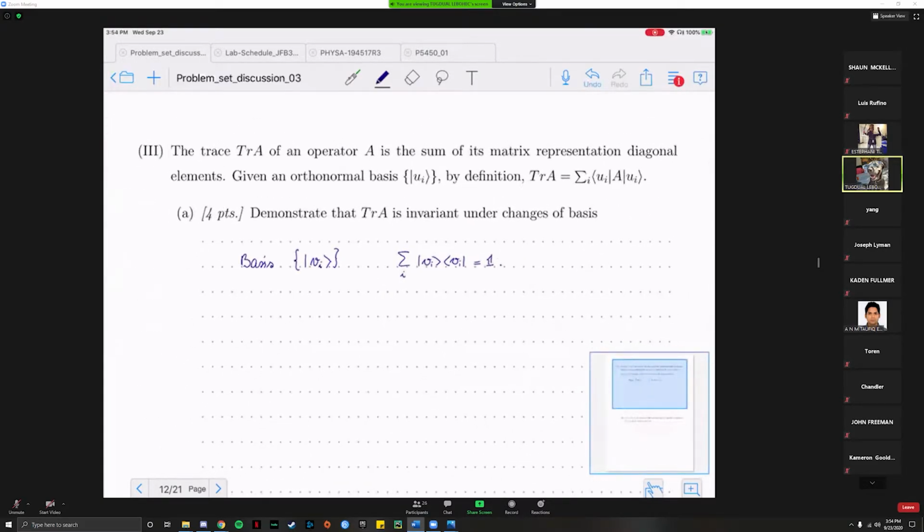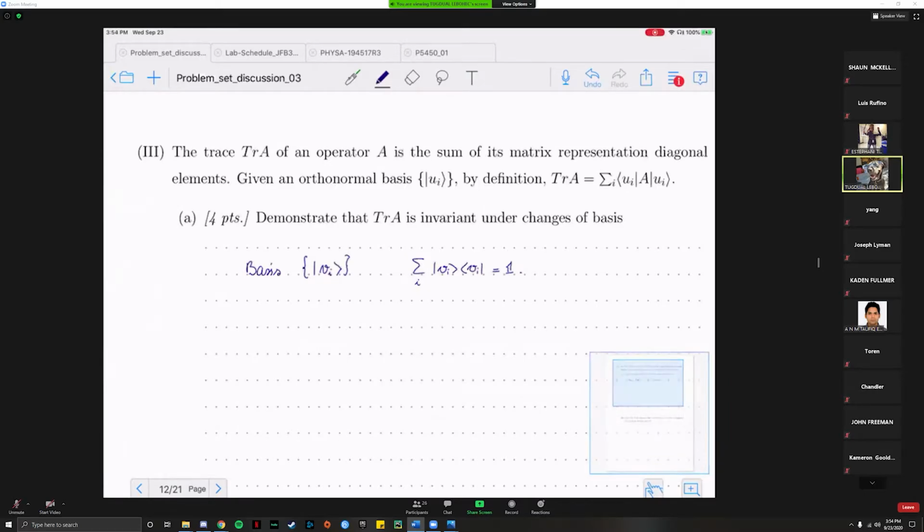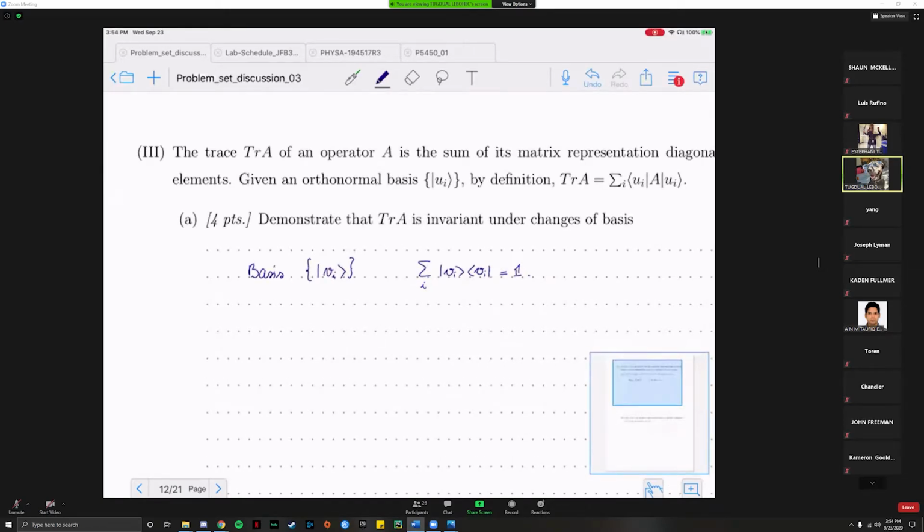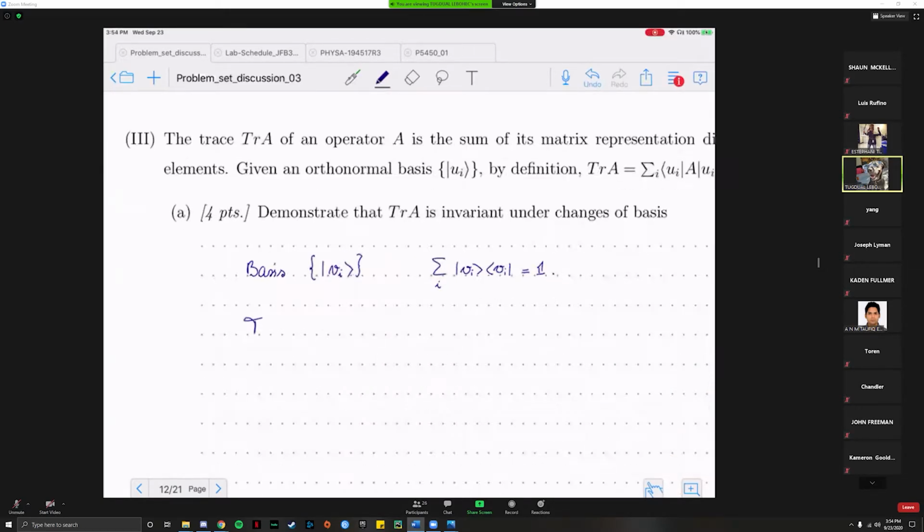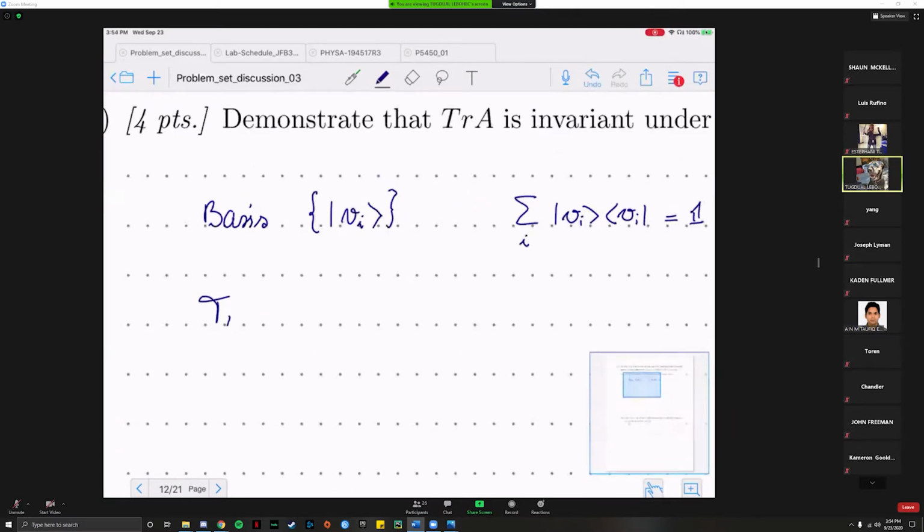So then maybe we can start from the expression for the trace of A, which is equal to the sum over i of U sub i,